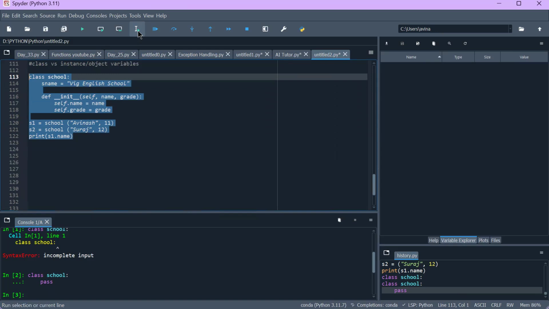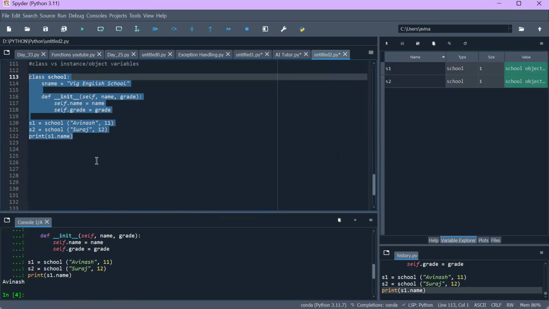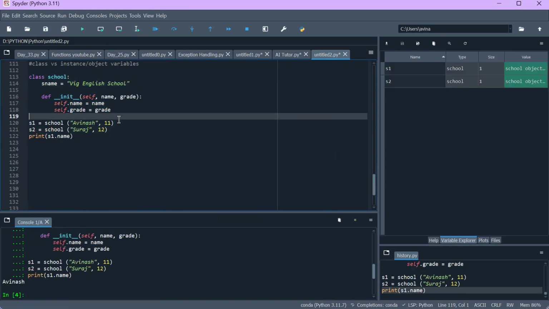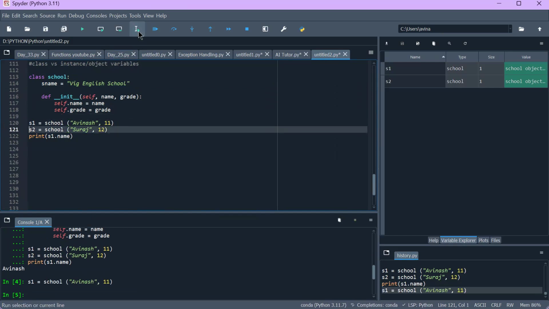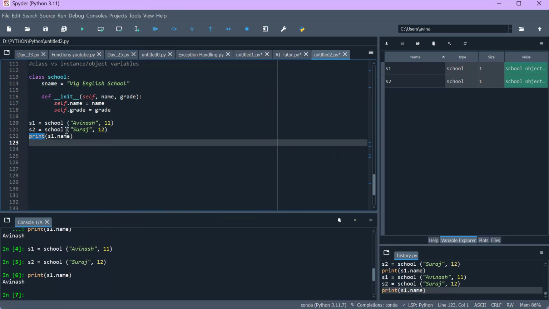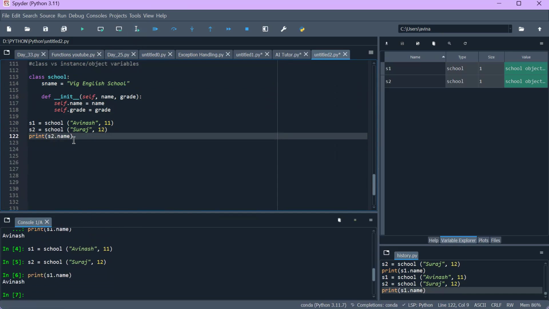They basically didn't call this function yet. Yeah, you can see here, Avinash got printed here. Okay, I'll execute this. If I execute this as well, and I execute this, Avinash got printed, and if I use here too, and this,